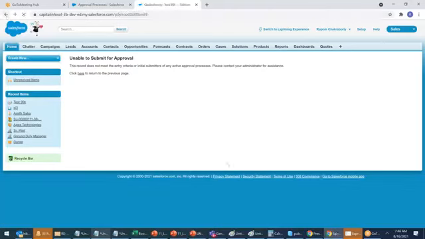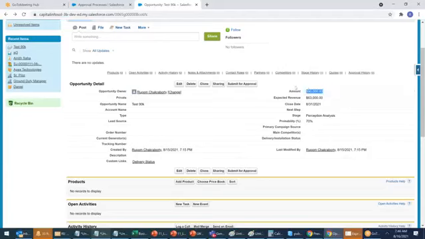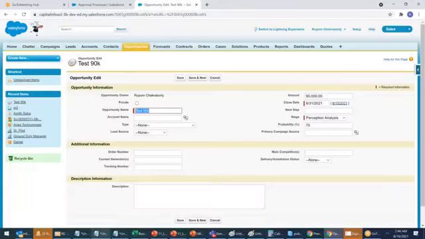Why? Because your condition starts for more than 1 lakh. Anything below 1 lakh doesn't require an approval, right? More than 5 lakh, 2 level, more than 10 lakh, 3 level. Now I click on edit and I change it to 6 lakh